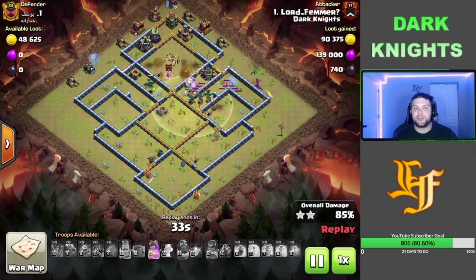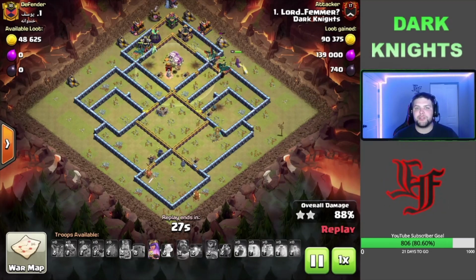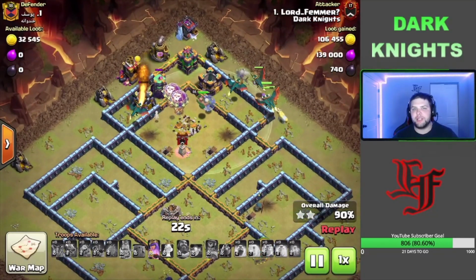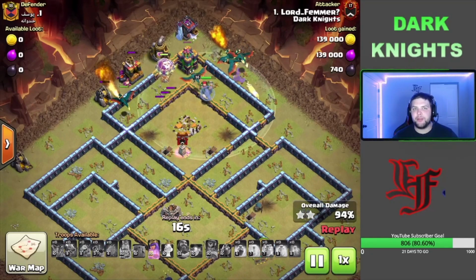We have so much of the army left, but the clones, you can see they're still working on the outside defenses, and all we have left is the Wizard Tower and the Archer Tower. So we just absolutely destroyed this base. It wasn't even close. It's obviously not a good idea to put all your heroes down in one area ever